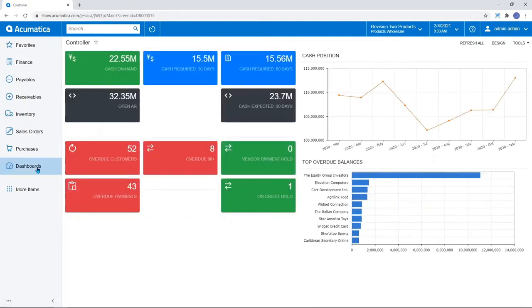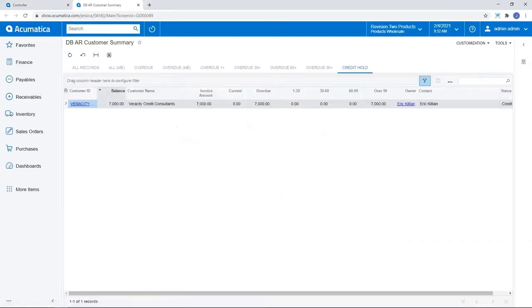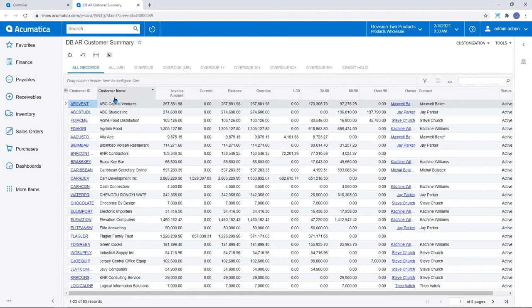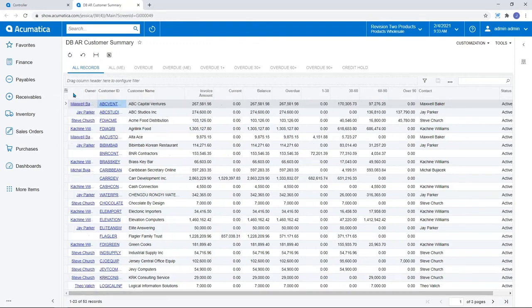One more thing that I'll show you. There was one more thing here I wanted to show you. When we look at a query, it's important to understand that Acumatica is a very flexible system. We can design these screens to fit how we would like to view them. So that balance column that I was working with, if you're interested in dragging that over and making your customers front and center, if you'd like to see who the owner of that account is front and center, you can move this data around.